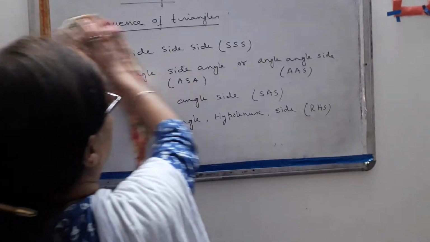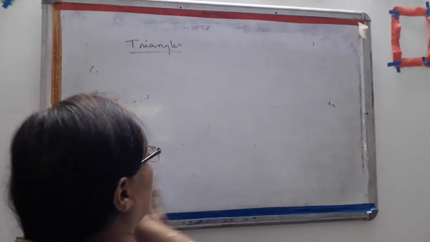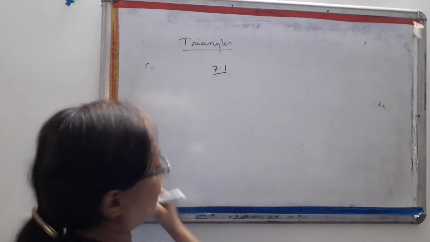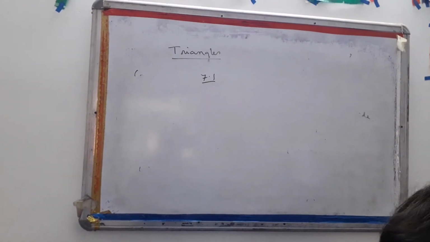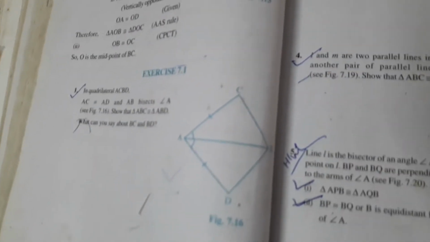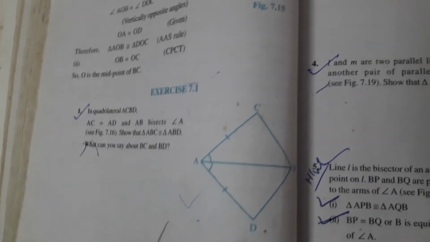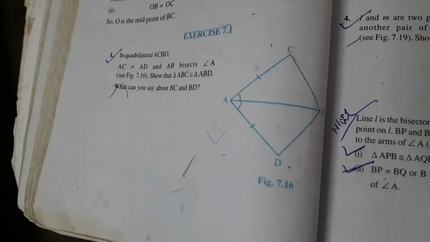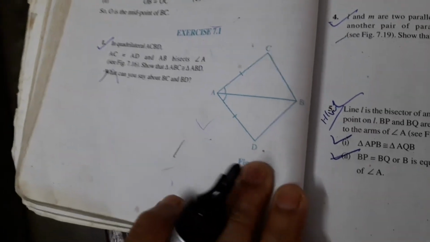Now first of all we have to take one question, otherwise it is not clear to you. Suppose here exercise 7.1. I am going to take the first question. Suppose here question number 1, the figure is given like this. You can see in your book also. Like this one figure they have given here, and the question number 1, here I will write, these are the two angles, they given the name A, D, B, C.